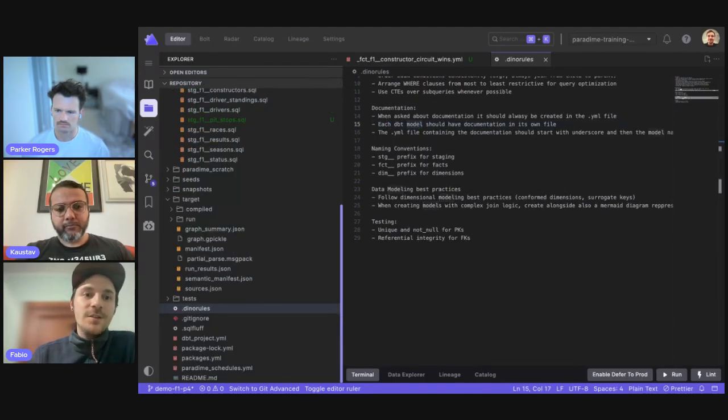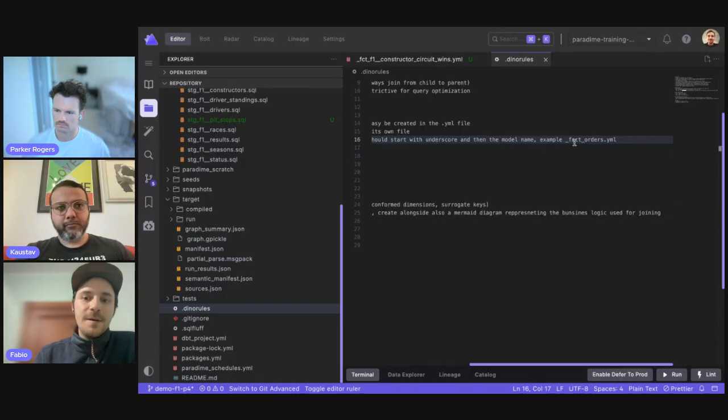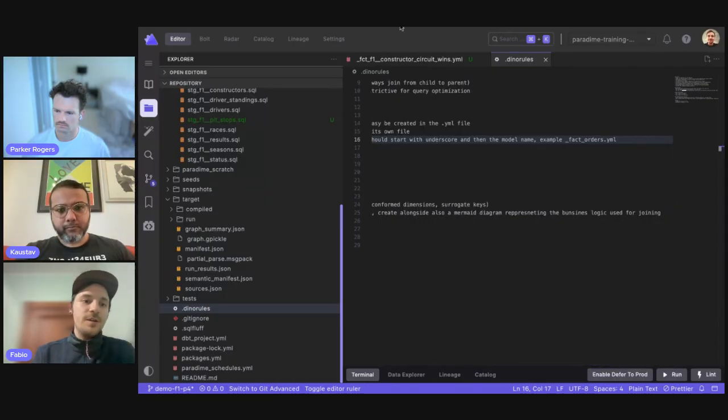So you didn't try to add it in the standard schema.yaml file format. And also the YAML file containing documentation should start with an underscore and then the model name, for example, underscore fact_orders.yaml. So it respected my naming convention